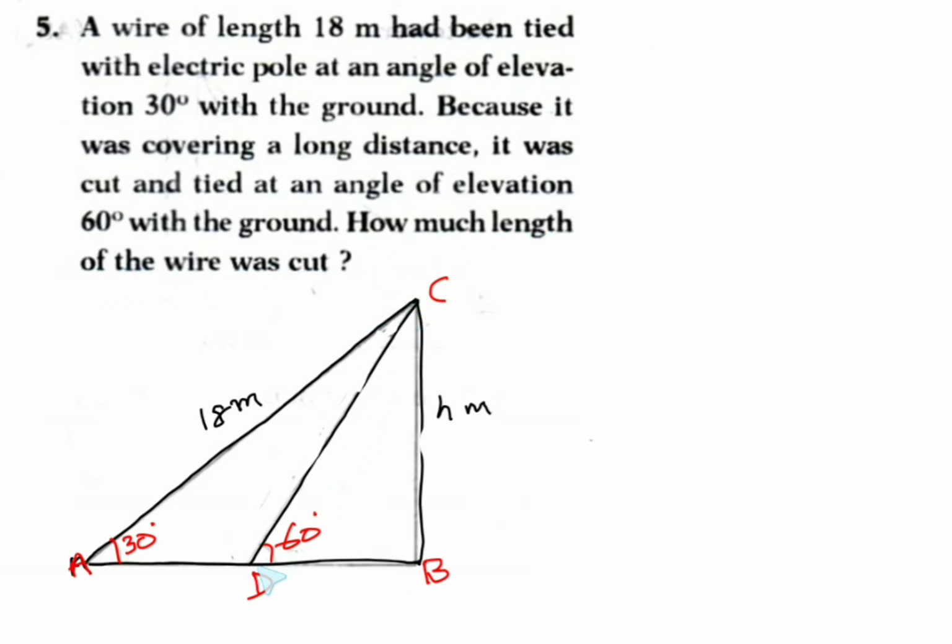That means the 18 meters wire is there. If we find this CD, we can find the remaining wire. Now look here, from this ABC triangle,